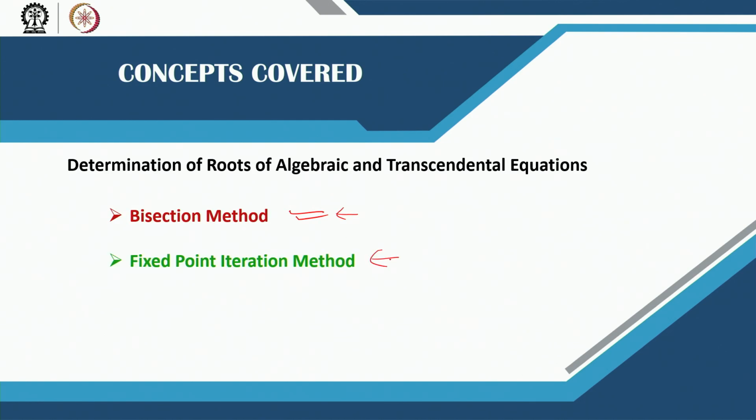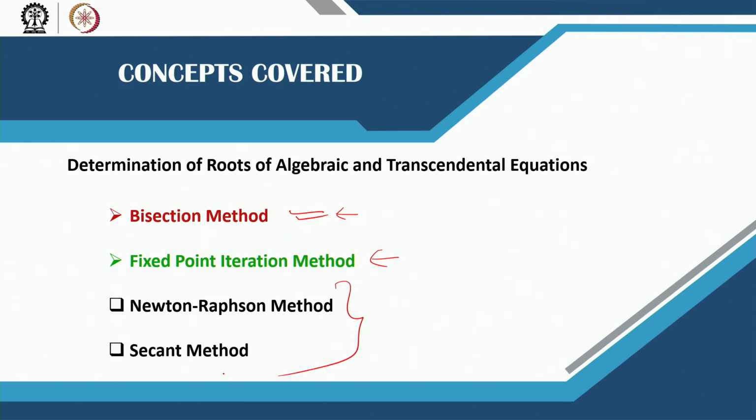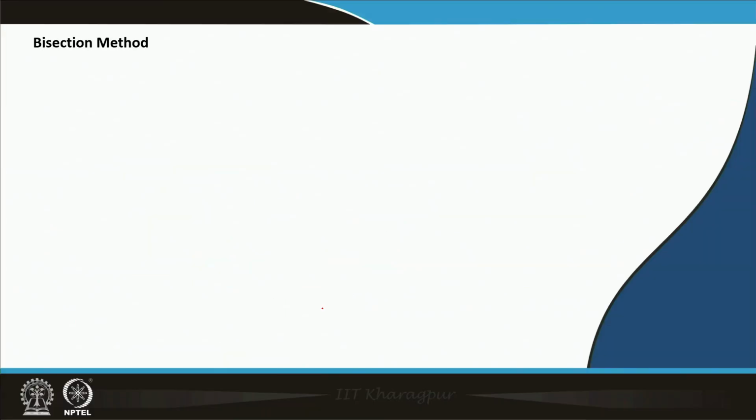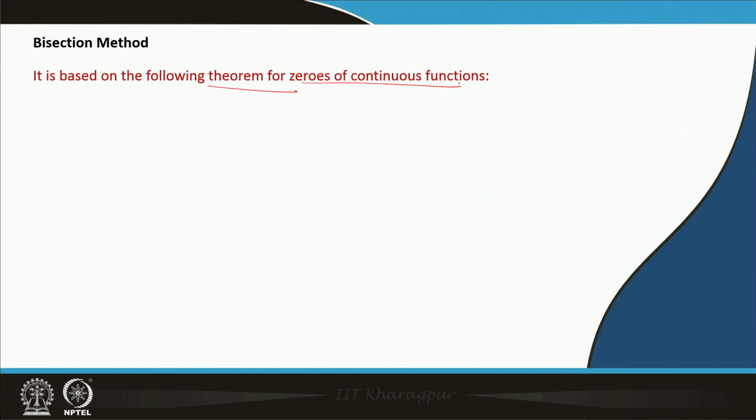The second approach we will be talking about is the fixed point iteration method, and then there are two more approaches which we will cover in the next lecture: the Newton-Raphson method and the secant method. So, basically these four algorithms we will be talking about in two lectures. The first two will be covered in this present lecture, and the next two will be the topic of the next lecture. So, coming to the bisection method, it is based on the following theorem for zeros of continuous